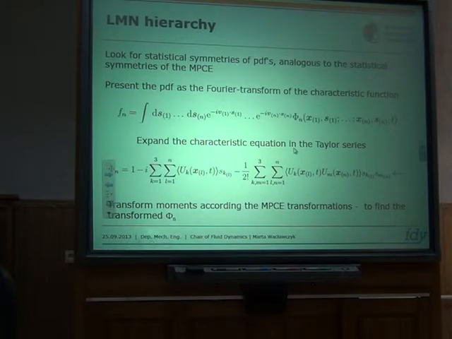In order to find the statistical symmetries of the PDF, we presented first the PDF as a Fourier transform of the characteristic function, and we know from the multi-point correlation equations that the statistics of turbulence were translated or scaled. So we expanded the characteristic function into the Taylor series, and we applied the same transformation to the moments here. And we checked if this is also a symmetry of the